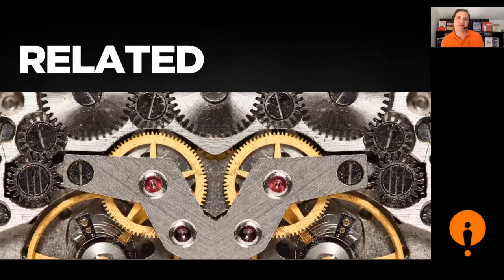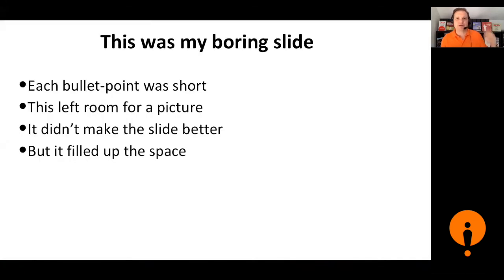We also want to make sure everything is related. So just like all of the different cogs and wheels in the clockwork of a watch, you need to make sure that what you show on the screen is related to what you're saying at the time, and that any text and any images are also related to each other. Now, I learned this back when I was a sales director back at Hewlett-Packard many years ago, and I was preparing a sales presentation for a client. And so I had a slide which looked like this.